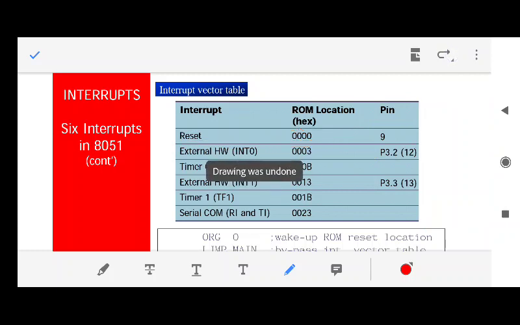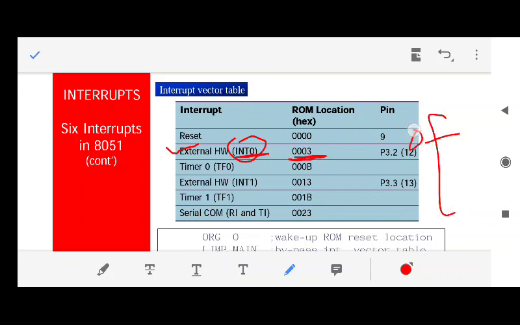Now whenever the external hardware interrupt, that is INT0, occurs, it is written in the interrupt vector table to please go to line number 003. Whenever an interrupt occurs at INT0, please go to this line number inside the ROM and start executing this program until what?